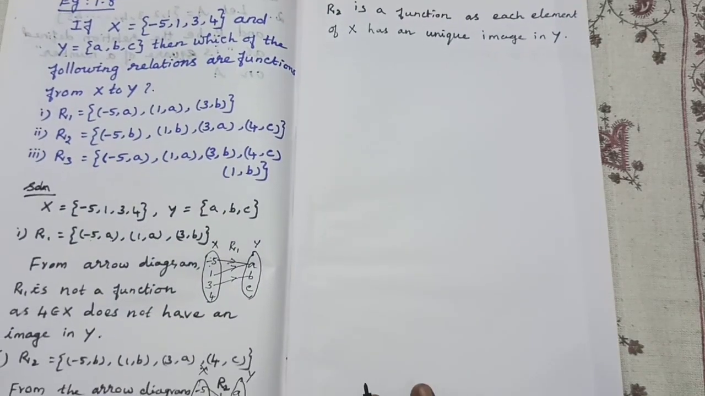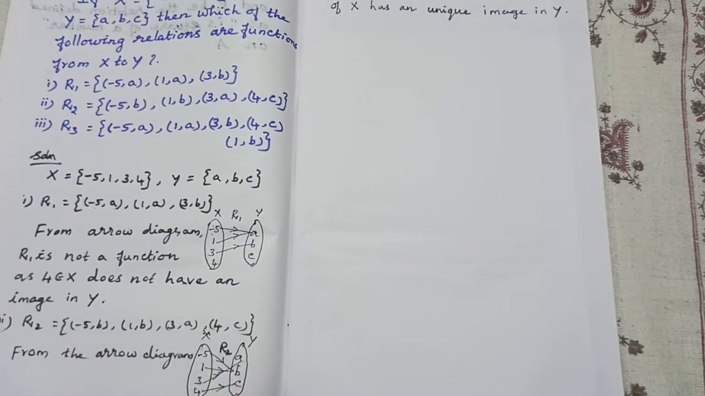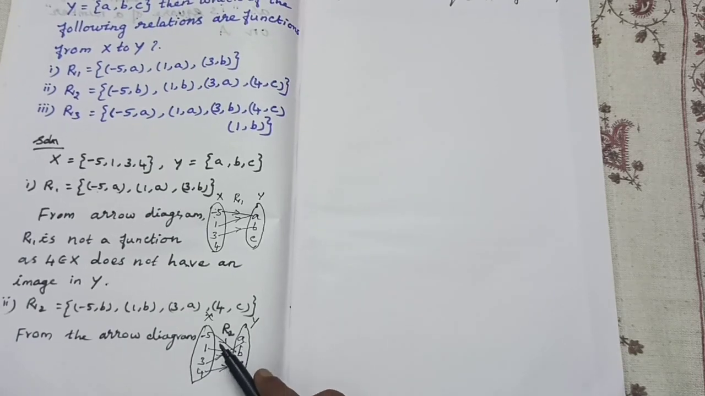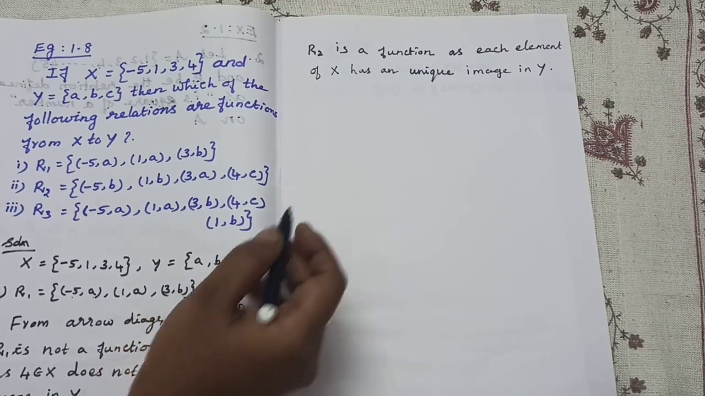Have you understood? You see here from the arrow diagram, the relation R2 is given. Here minus 5 and B, 1 and B. Then each element of X has a unique image, a different image in Y. So it is a function. Yes, R2 is a function. And the third subdivision is,